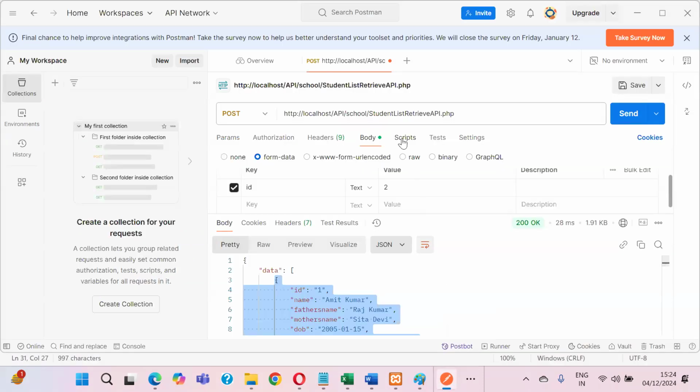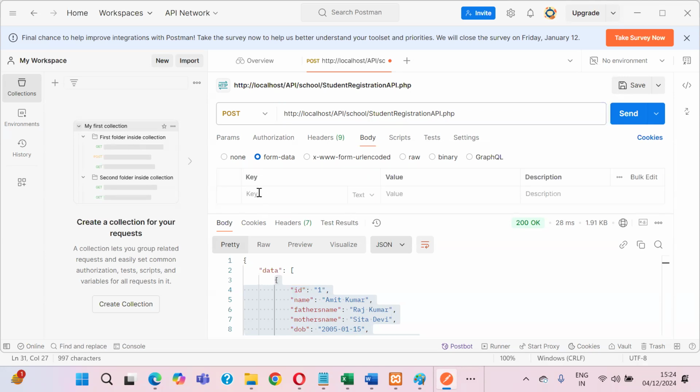So we can run the Student Registration API. Then we have to go to the form data. In the form data, we have to use the name. The value is, suppose,